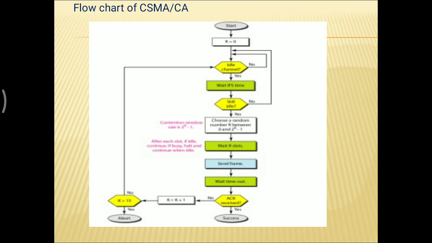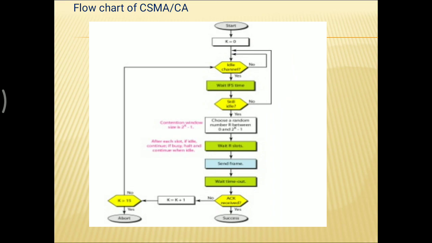After IFG or IFS, if the channel is still in a free state, then it transmits the information. If the channel is in a busy state, again it will go for sensing of the transmission medium, and again it will wait for IFG. That means after finding the transmission medium in an idle state, it will wait for some amount of time. After the IFG completes, it senses again. If it is free, then it transfers the information by using the contention window.